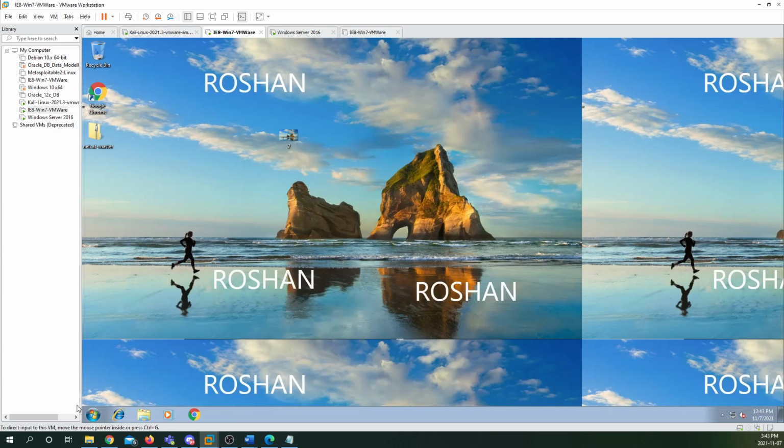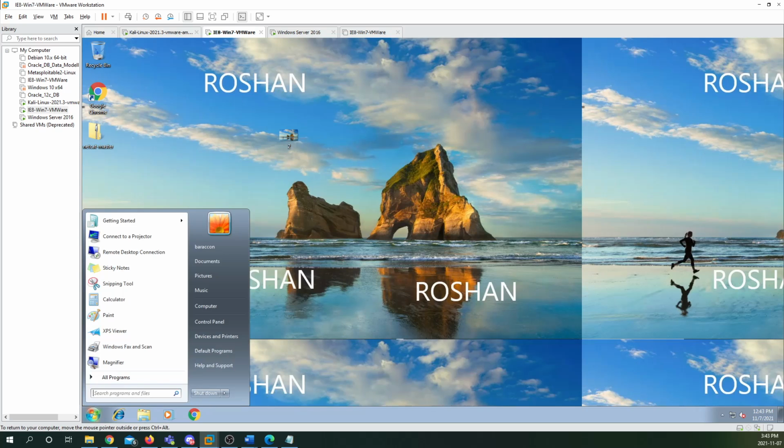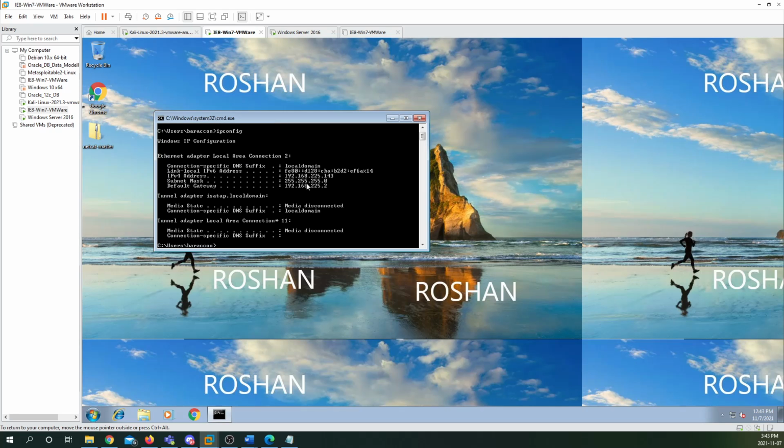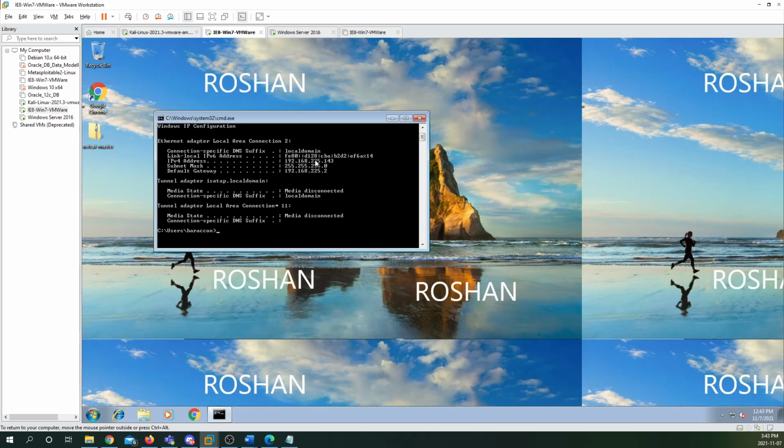So in order to show that I don't have any privileges, first I'm going to open my CMD. First I will show the IP address of the Windows 7 VM. So here I have IP 192.168.225.143, and in order to show that I don't have any privileges, I'm typing this command, giving my computer name here,